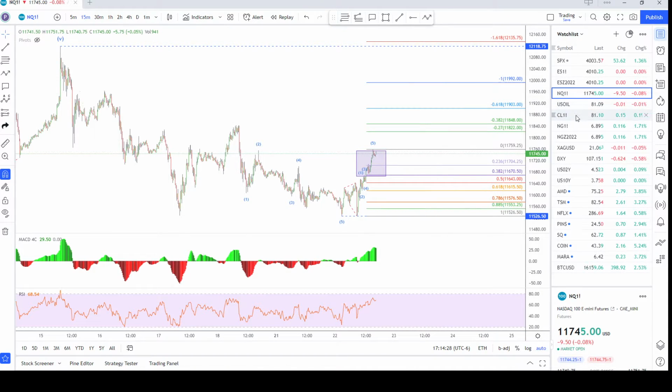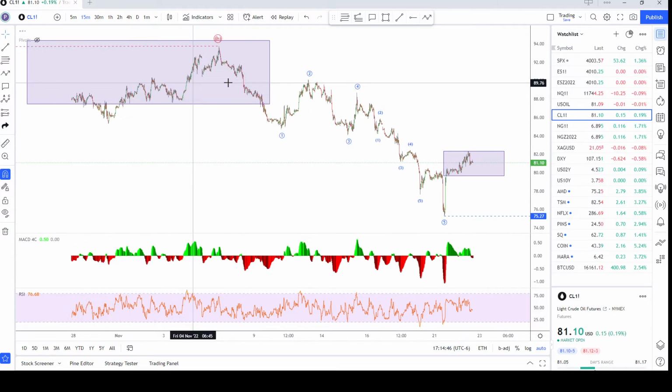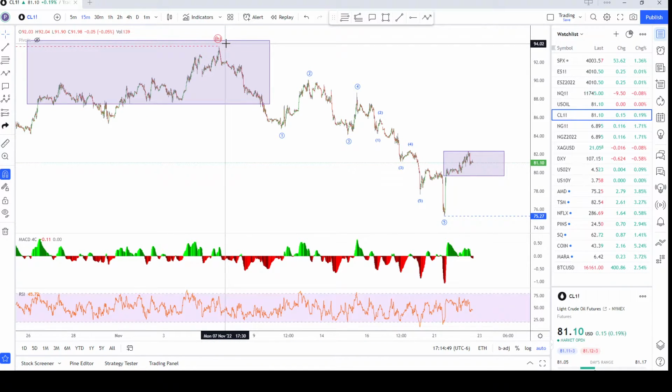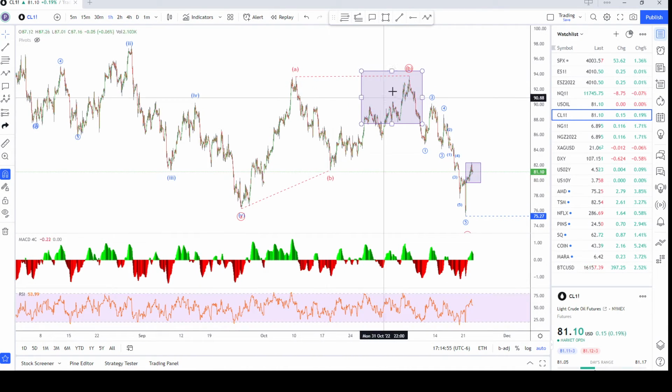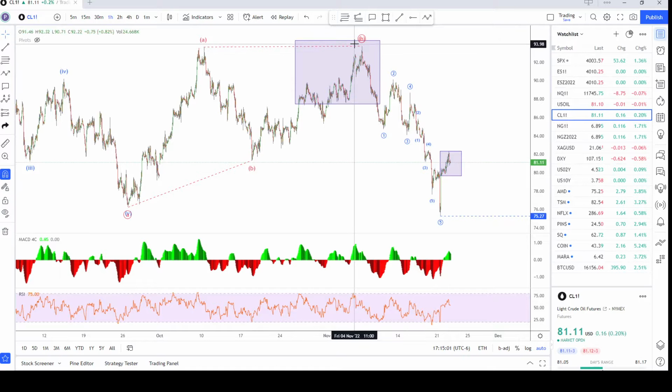All right, let's look at oil. So yesterday it crashed through, completed the 5 waves, and I said watch the price in this zone. We've got 5 waves down, and if I zoom out, this is the big A, B down for C. So the question is, is this all there is for C, or are they making an ending diagonal? And this was all just 1, going to come up into this zone for 2, and then down for 3,